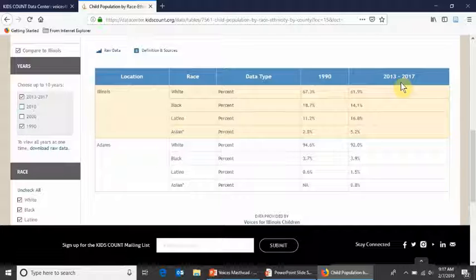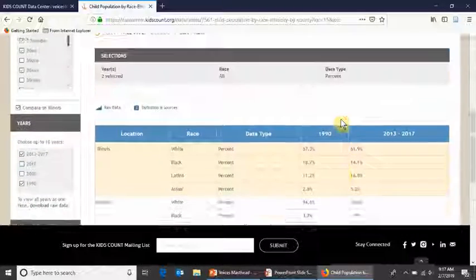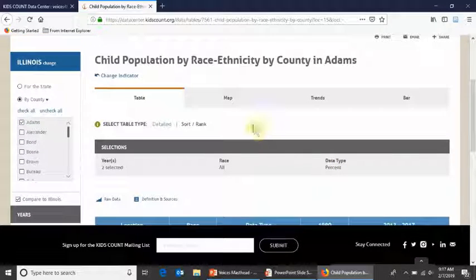Keep in mind that you can choose up to 10 years of data to view in one single table if those data are available for the indicator. There are also other data visualization options available on the site. If you go up to the toolbar up above and click on Map,